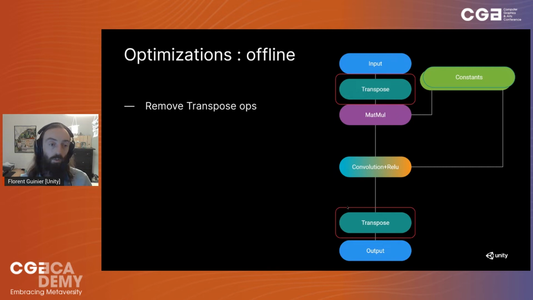And that's a bit more tricky thing. Depending on your input channel order, for example, if you have a tensor which is 4-dimensional and your channel, meaning if it's a texture the color, will be at the end in the memory layout or interleaved, then you might need to have transposes in there. And we can detect if you have a transpose at the top, a transpose at the end, and we actually support the transposed memory representation inside of a network. We can remove the transpose, so we do that.